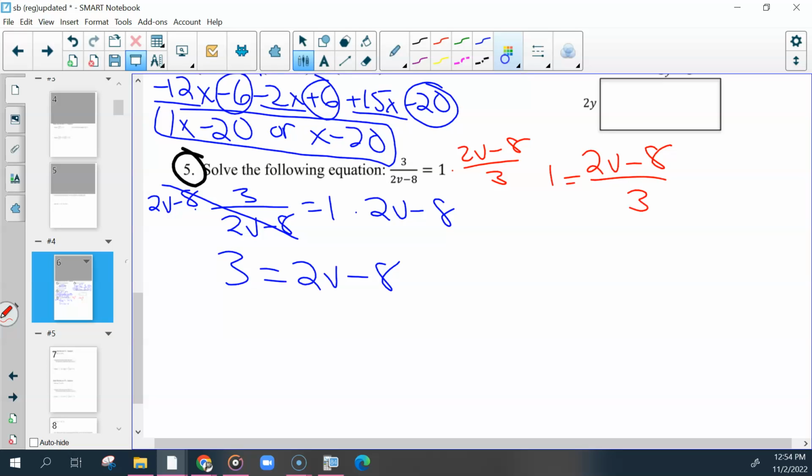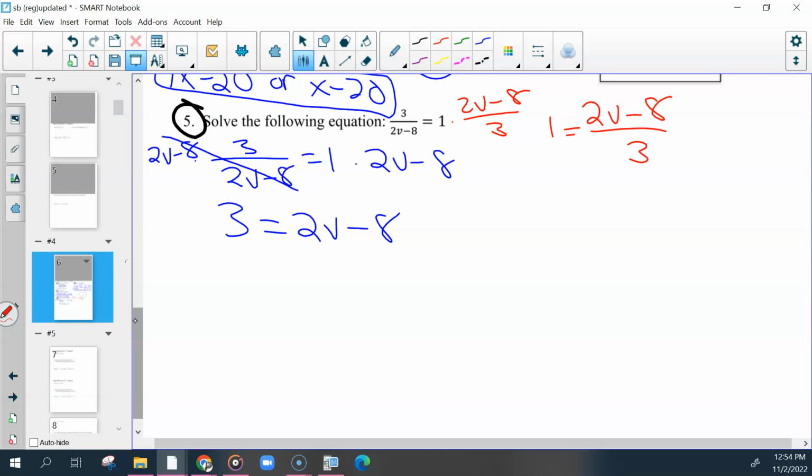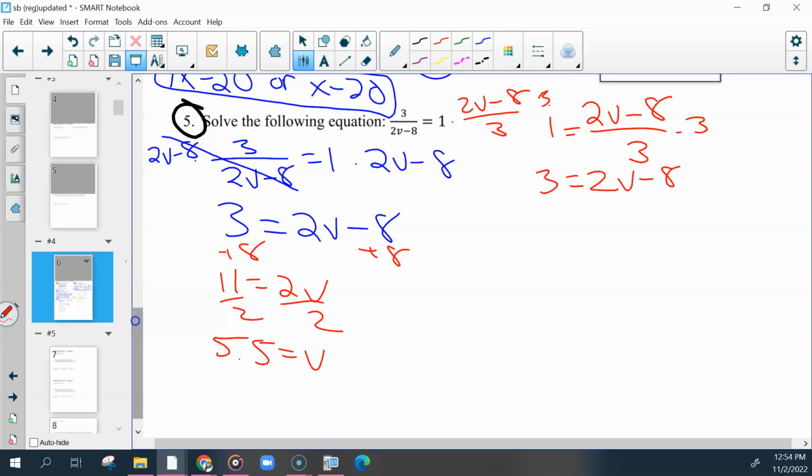So I'll come back and do that. Because here we have to add 8 to both sides and then divide both sides by 2. But here, we would still need to get 3 back on the other side. And the process is the same. So you would still end up with the same answer either way. Other questions on